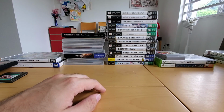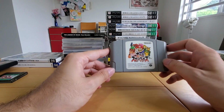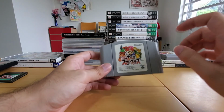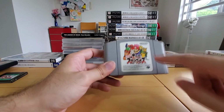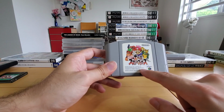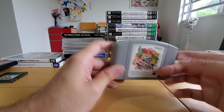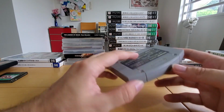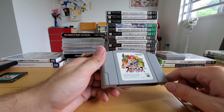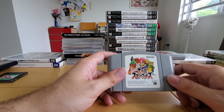Next. Ooh. This is good too. This looks like the original Smash Brothers, because here's the cast of Smash Brothers, and then here, HAL Laboratories, who is the developer. So, yeah, neat. That's the original Smash Brothers. That's definitely one that I'm glad to have. And if I can get that N64 to work...